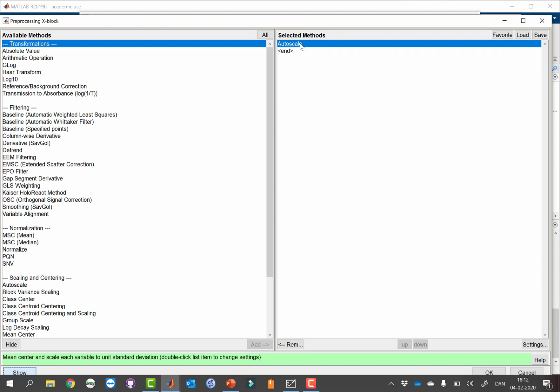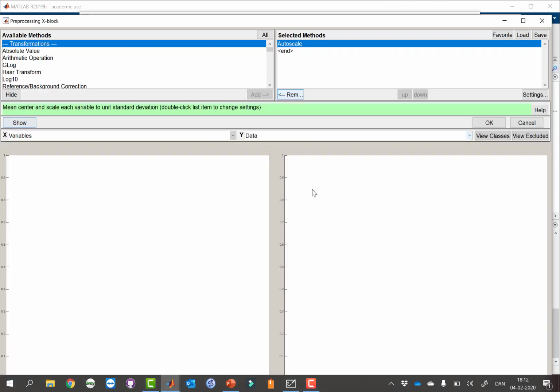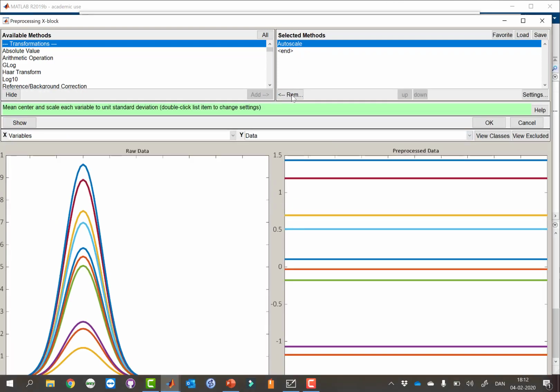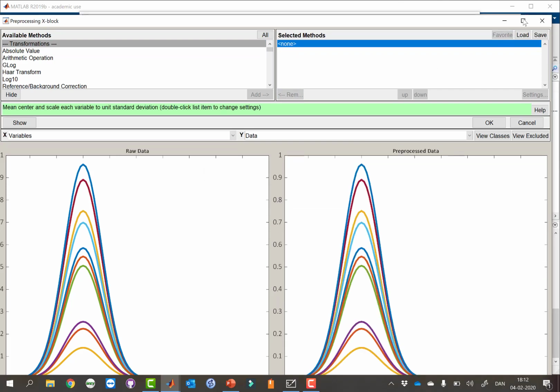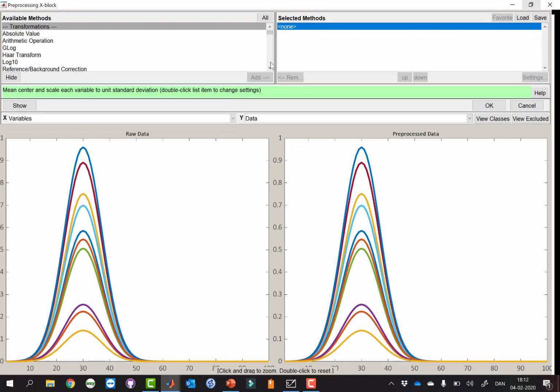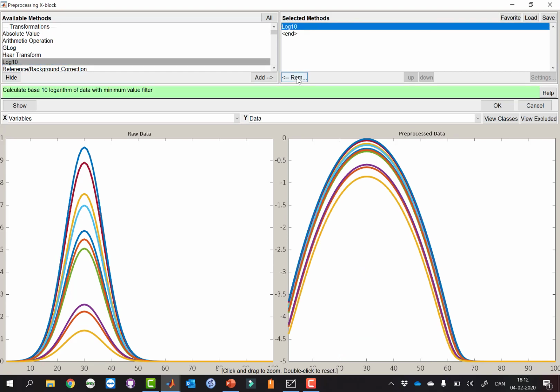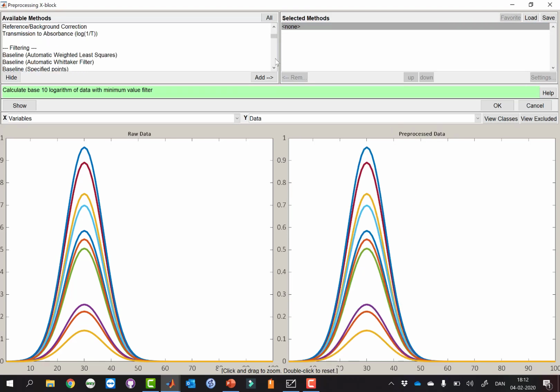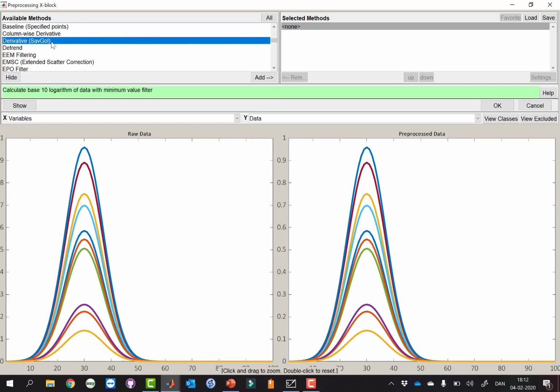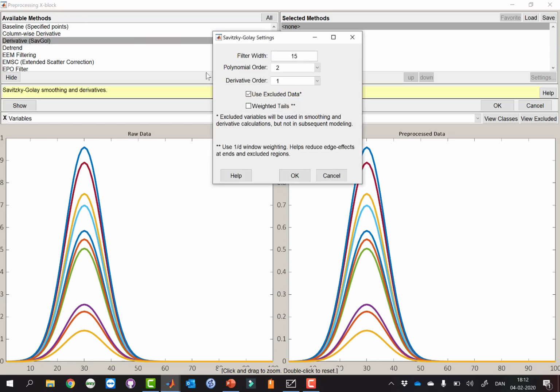Now we don't want to do auto scaling, which is the default, so I'm going to remove that one. Here we have derivatives, and we are using what is called Savitzky-Golay derivatives, and I want to show you how that works.